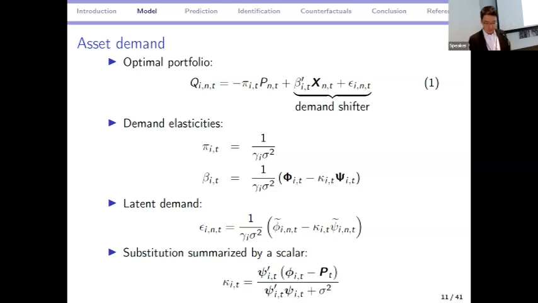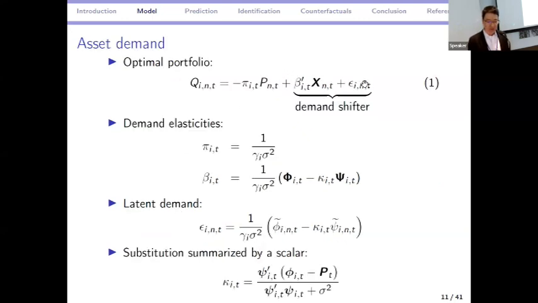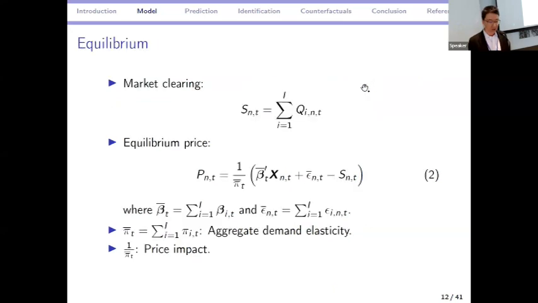Now you can see, though, that once we do equilibrium, it's not so easy to do demand estimation, and the reason is the following. Equilibrium prices have to clear markets, so supply equals demand. So I plug in my demand function here, and I solve for the equilibrium price, and now you can see that prices depend on the average epsilon, latent demand, across investors, right? So that induces a correlation between, if I go back to this equation, latent demand and prices that are direct functions in equilibrium of latent demand. So that's the endogeneity problem. So we need an instrument for price. Okay, and when I go to the identification part of my talk, I'll describe how to do that.